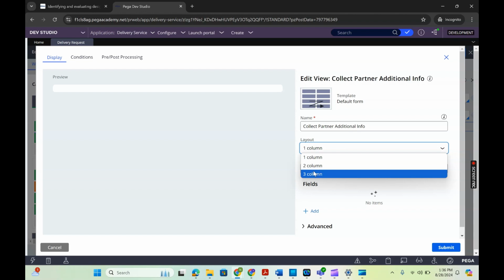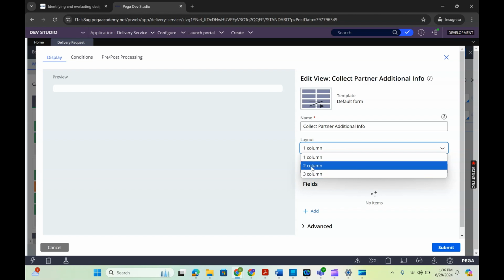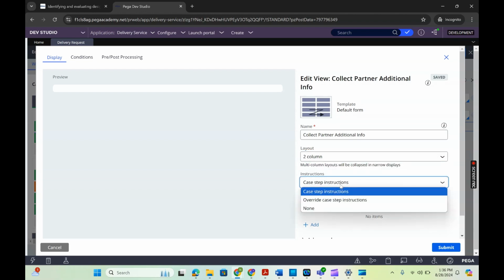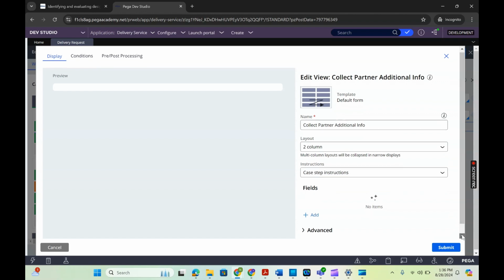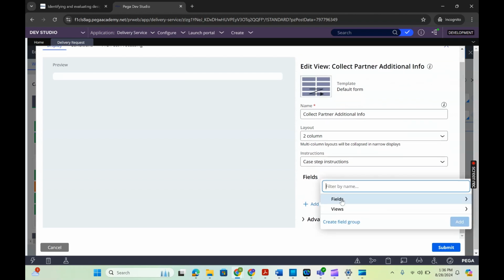But in our project we recommended showing 5. Our client has accepted the 5 layout, even though there is a small gap in the UI format on mobile, they are okay with that. Because a few businesses won't have the mobile or tab layout format. So in those cases we can go for the maximum number of layout format we want. That can be achieved using custom components. For now I'm going with the 2 column layout. This is the instruction, and when I go down, here is where we have the fields.